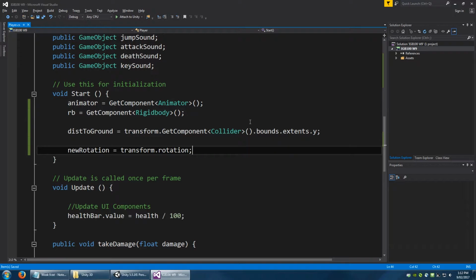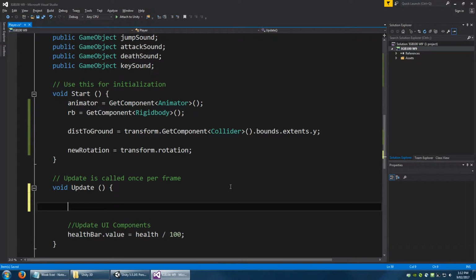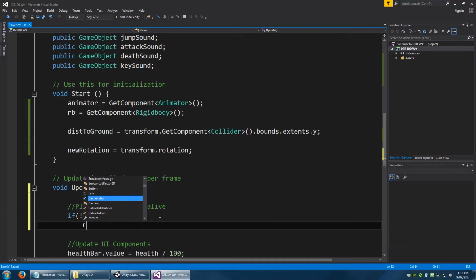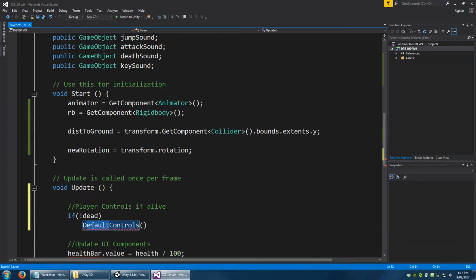So the next part of this is actually programming the controls. And we can first of all set this up in update by talking about our player controls, but specifically if we are alive. Because if we're dead, we don't want control of our character anymore. We don't want to be jumping around like a corpse. As a corpse, I should say. So, what we really want to say here is that if we are not dead, which is a boolean we already had set up for you, then give us access to controls. And that's not that. This is a